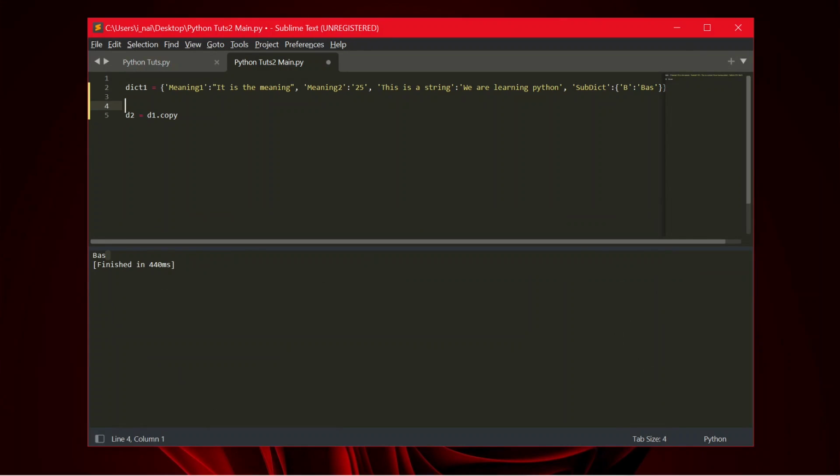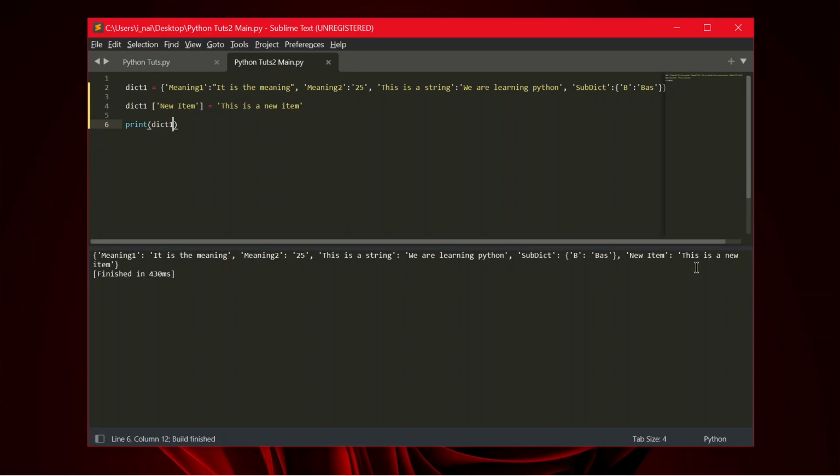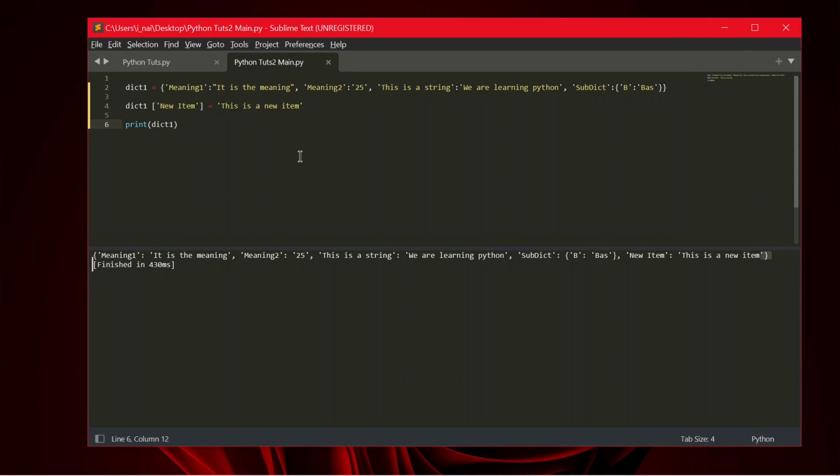Now for example, if you want to add something to a dictionary, you cannot always add it by typing it there, so we can add it using another method. Let me show you how. Let's say new item, and you can see this new item has automatically been added into our dictionary. So this is how you update the values in a dictionary. You can just type the dict variable and whatever you want to add, then give it equal to and type the meaning. That's how you can add to a dictionary.